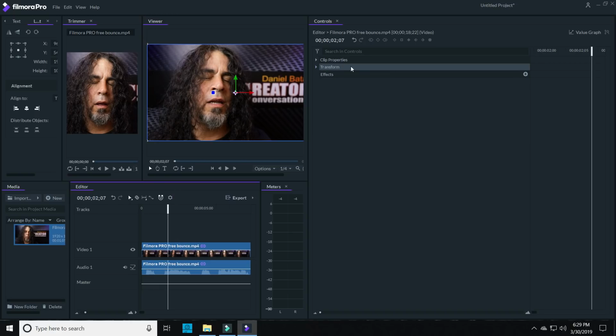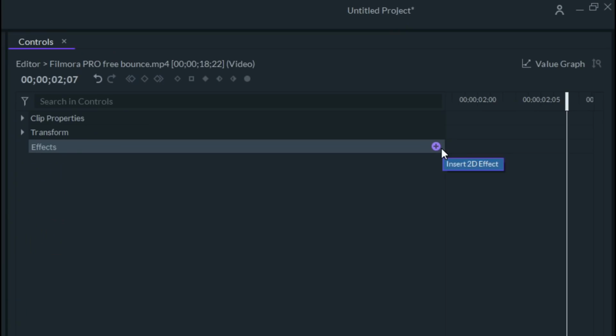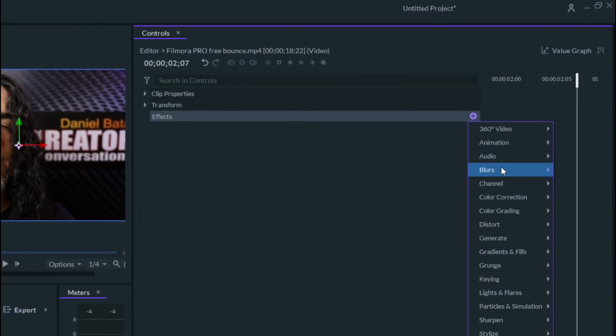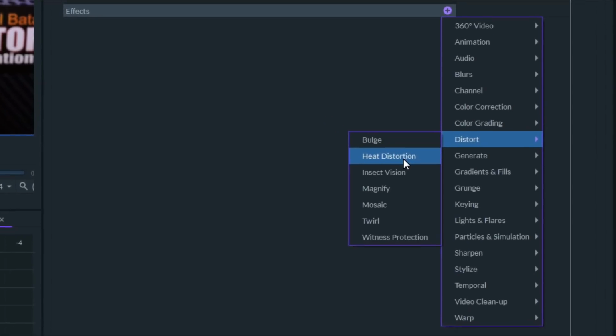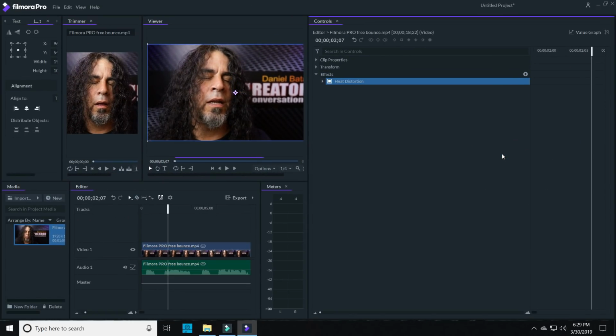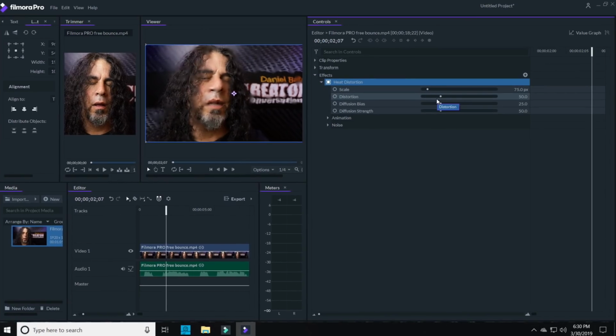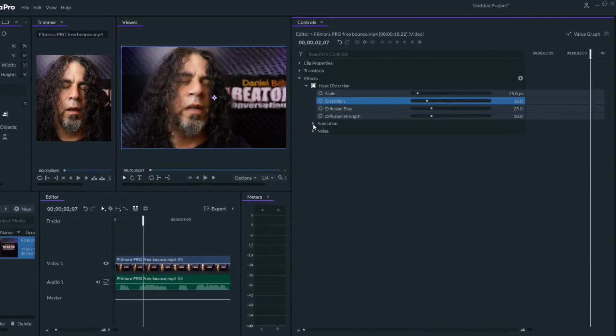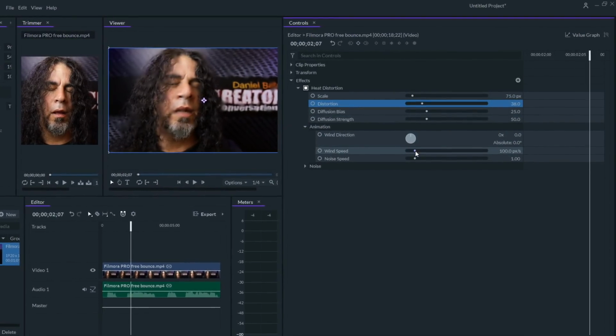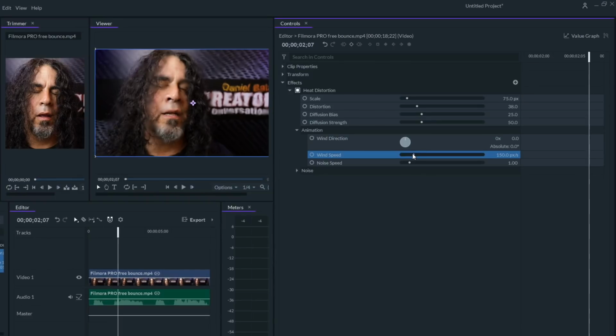I'll highlight the first section of footage where I want the heat effect to go, and in the effects tab, I'll click on the plus button for a list of effect options. In the dropdown, I want to select Distort, and then I'll select Heat Distortion. Filmora Pro gives me a ton of options to dial in these effects, but I just want to tweak a few of the settings. I'm going to dial the distortion back just a touch so that you can see my face a little bit better,